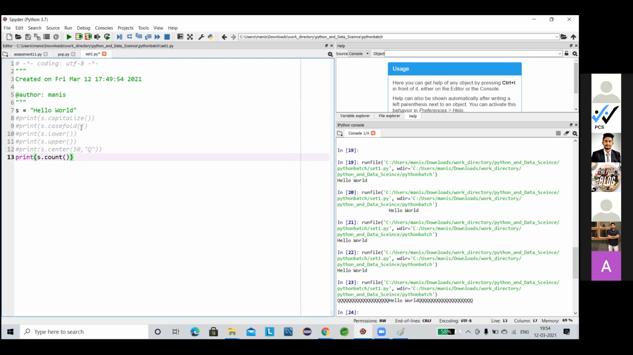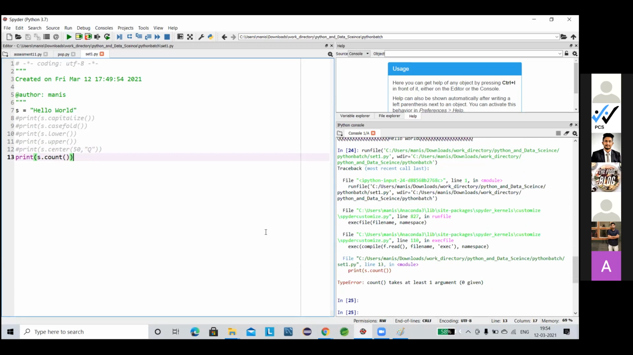So if I run the file, it will throw the error. See, as we see, we have to declare at least one parameter there. If I use the count, check the type error. That means this count parameter takes at least one argument. What is the argument? Nothing but which word we wanted to check. Okay. So let me just first